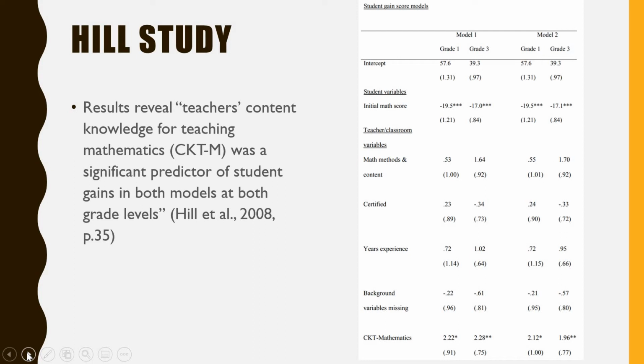Here, Model 1 was the linear measure of CKTM, and Model 2 divided teachers into deciles by their CKTM score, with the lowest decile representing the least knowledgeable teachers. It can also be observed that Model 1 shows the stronger relation between student achievement and teacher CKTM, as students scored 2.25 points higher on the Terra Nova for every difference in standard deviation in educators' CKTM.